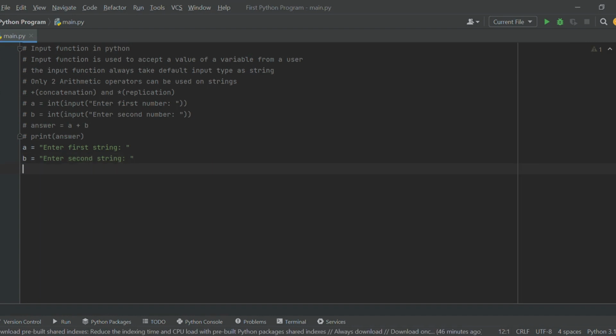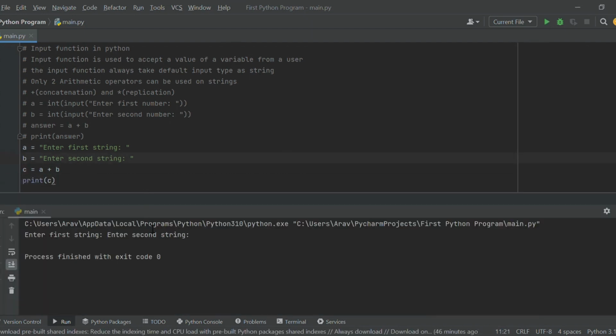These are the two strings that I want the user to enter. Now c is equal to a plus b, print c. Now when I run this,